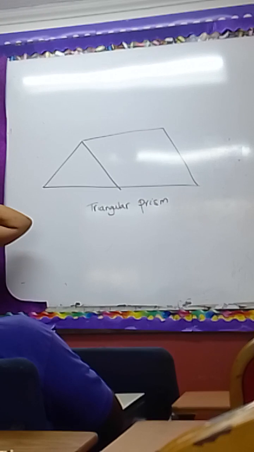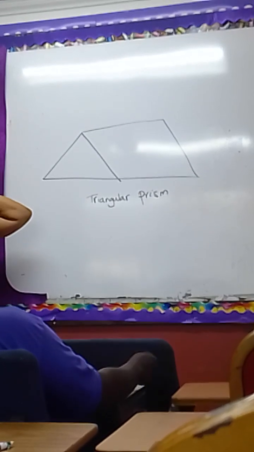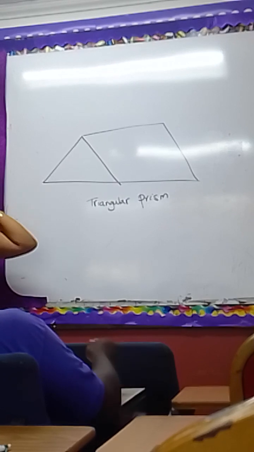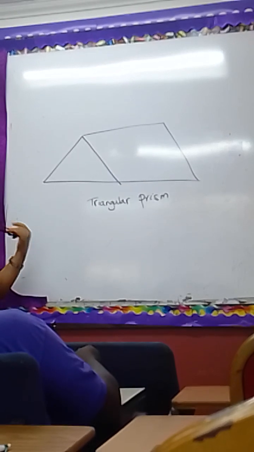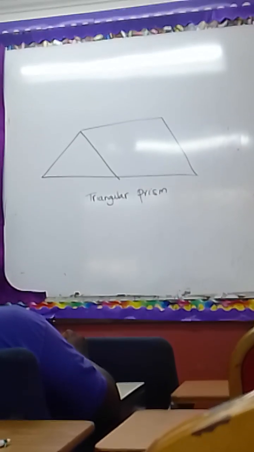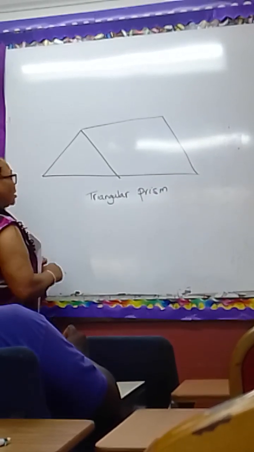Expecting you to find the area of the cross section. They're expecting you to find the volume of the prism, and they're expecting you to find the total surface area. Those are the three things which they're going to be expecting you to find. And normally they'll give you some